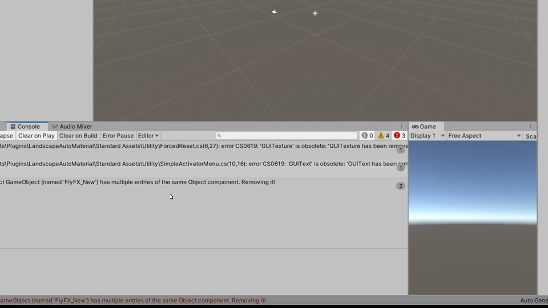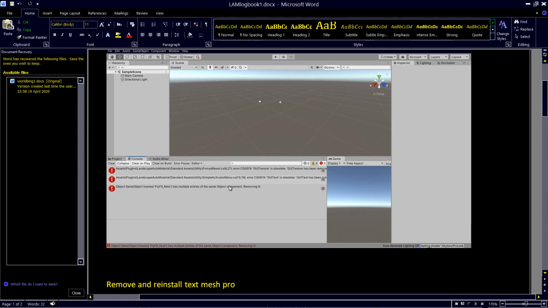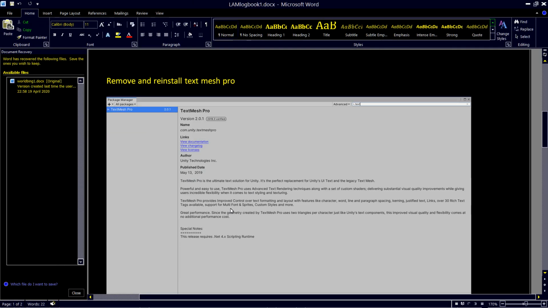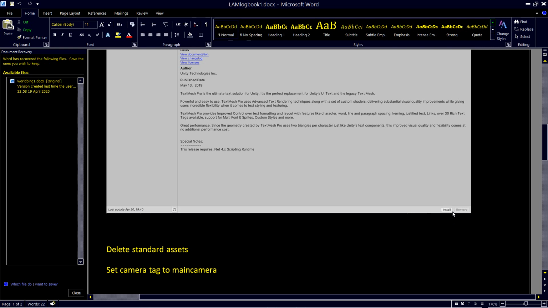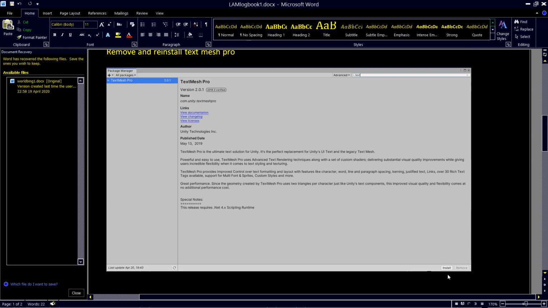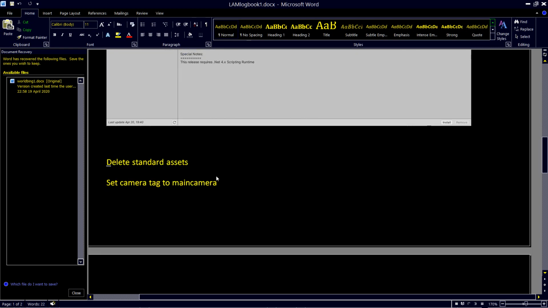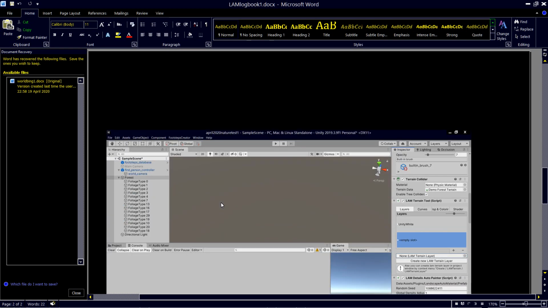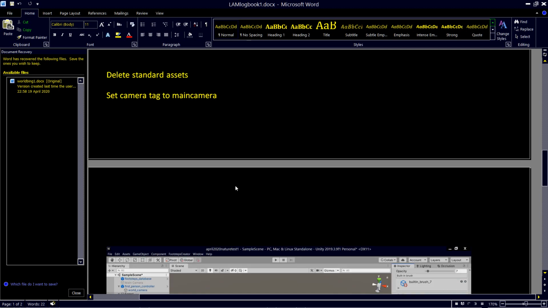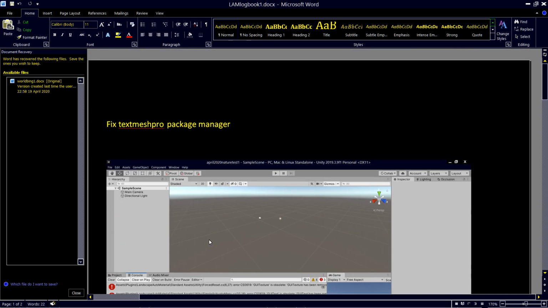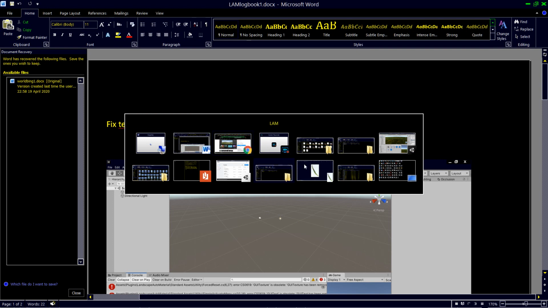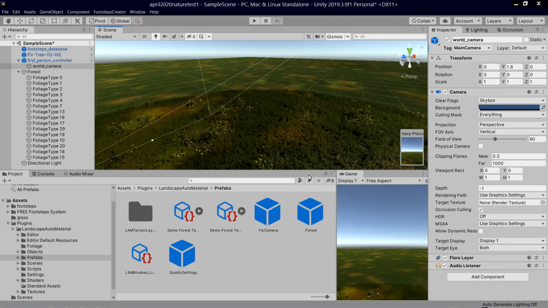So those were the errors, and so the first thing I did was go to Package Manager, remove TextMesh Pro and reinstall it, and then delete standard assets, and then I had to import Pavel's footsteps, and I changed the camera tag to main camera,